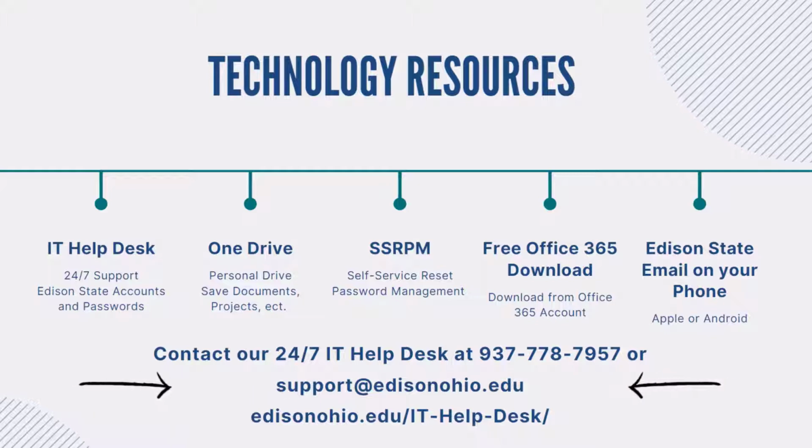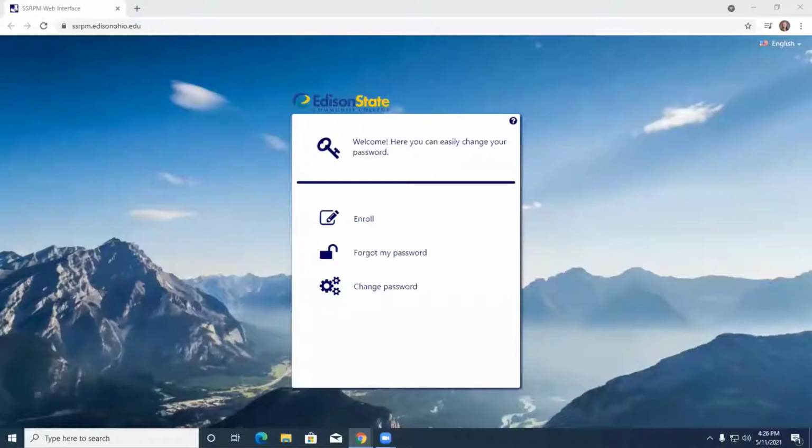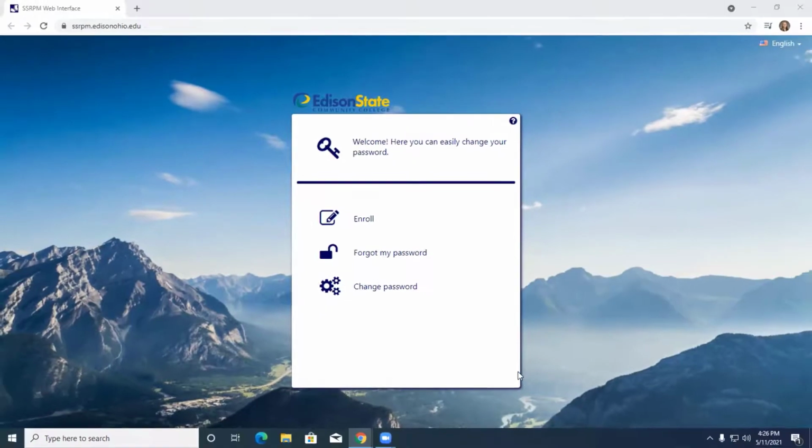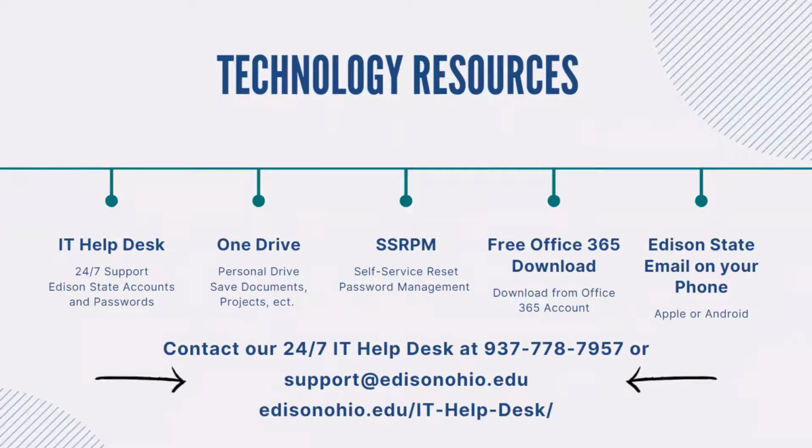We also have SSRPM, which allows you to reset your password by yourself at any time. To use this system, you have to enroll in it first. Again, you are required to change your password every 90 days, so we highly encourage you to enroll in SSRPM as soon as possible. Office 365 is a cloud-based service that holds your Edison State email, calendar, Word, Excel, along